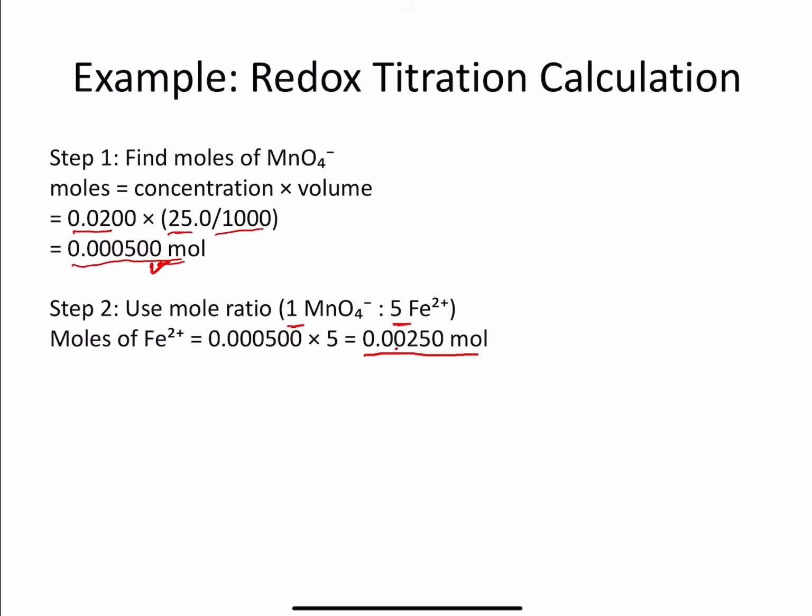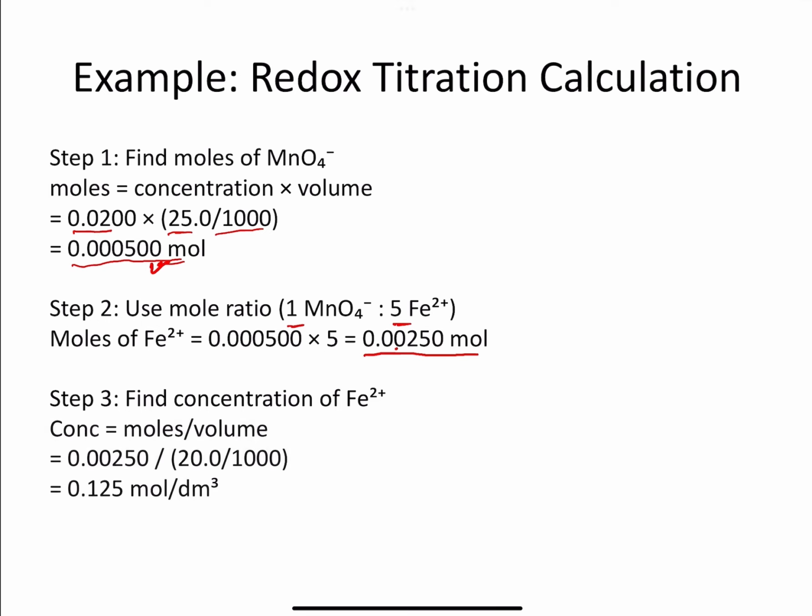0.025 moles. Finally, you need to find the concentration of the iron, and concentration equals moles divided by volume in decimeter cubed. So we're going to put the concentration we found and divide this by the volume, which is 20